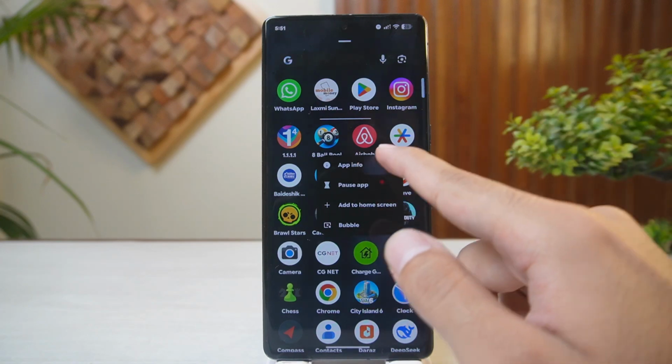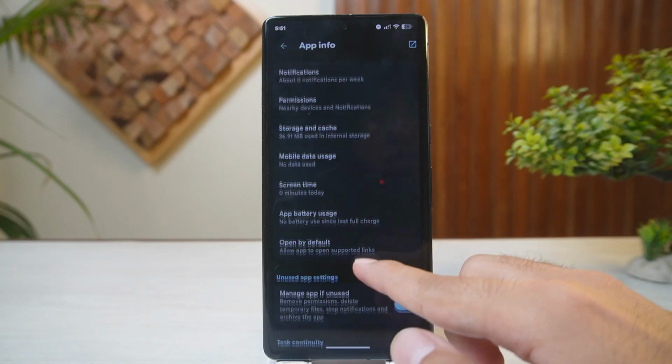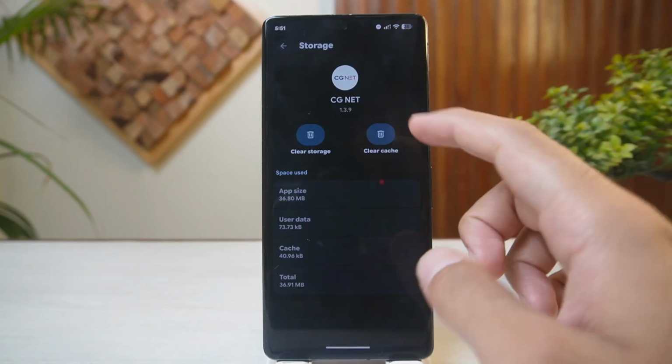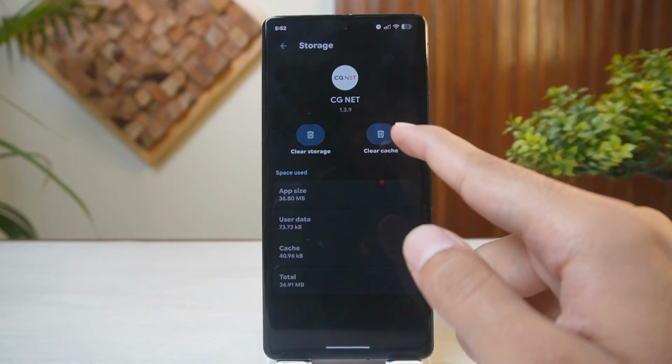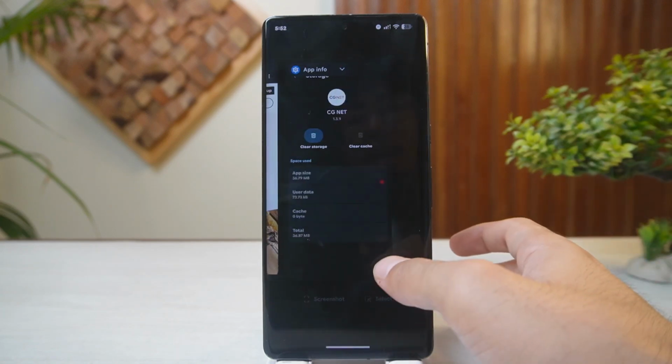So once you tap on this app info panel by long pressing the application icon, scroll down and go to the storage and cache. From here, you will find the clear cache option. Once you tap on this, all you have to do is now proceed to relaunch the Depop and your problem